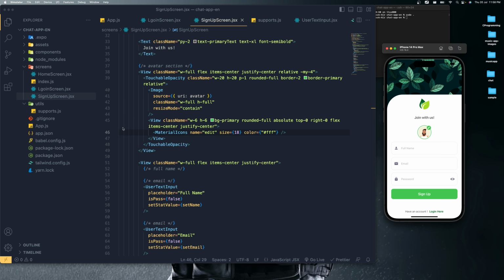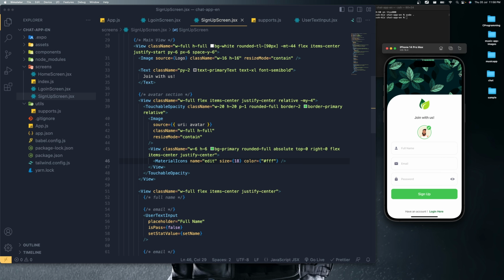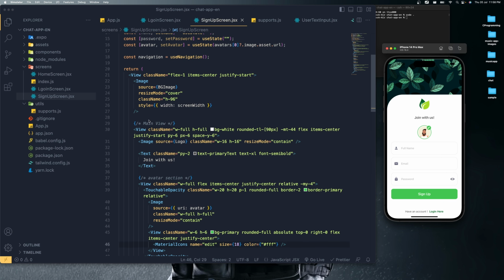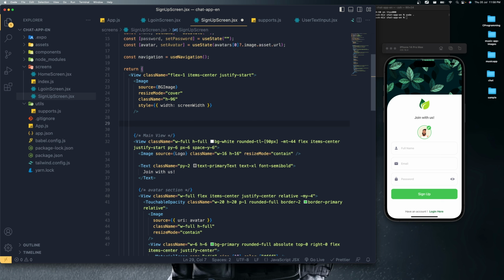All right, so I'm going to bring that avatar on top of this complete section. That needs to be updated right after here. This is the place where we are bringing this section, so I need to bring it right after here. So what I'm going to do over here is,